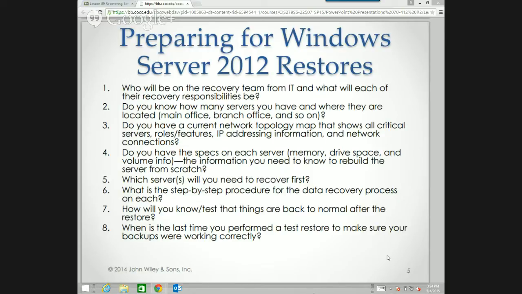How will you know, how do you test that things are back to normal after a restore? Now, one of the suggestions I always make when doing a restore: don't restore over the old data. Let's say I get a call from marketing and marketing says, we need to restore the special projects folder. Okay. Well, what in it do we need to restore? Well, there's like 5 or 6 or 7 things that seem to be missing. Somebody accidentally deleted them from the network, and as we know, they're gone, right?